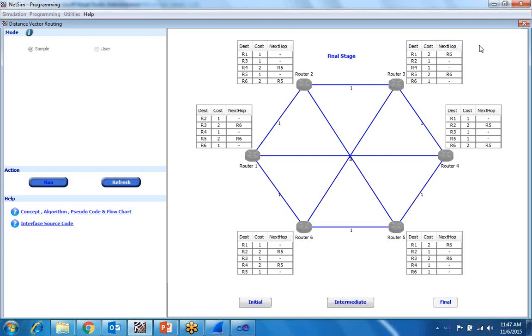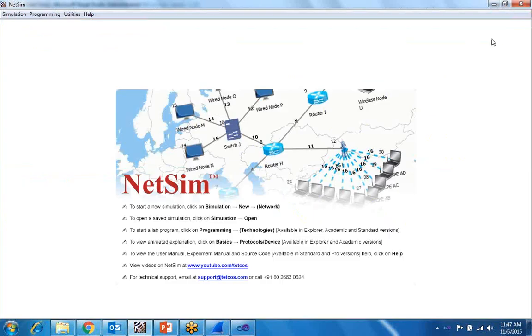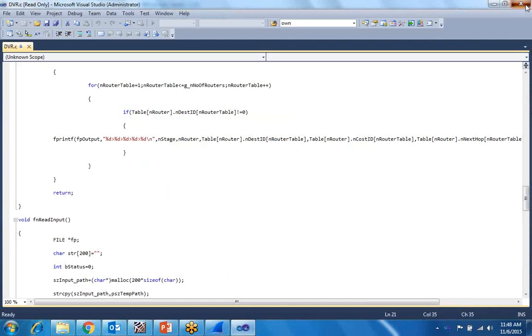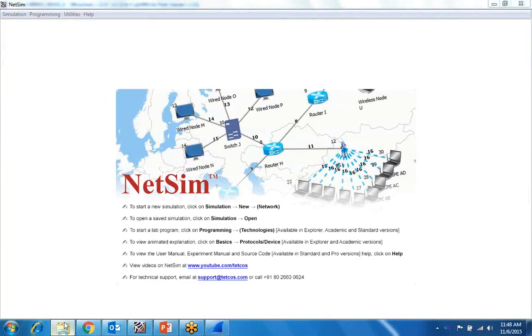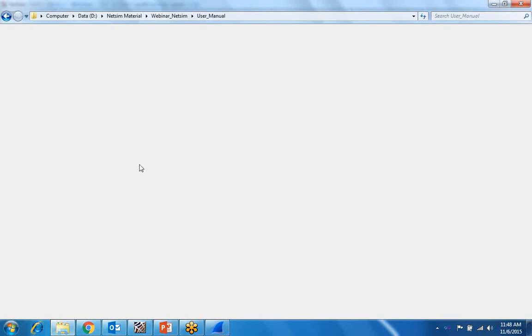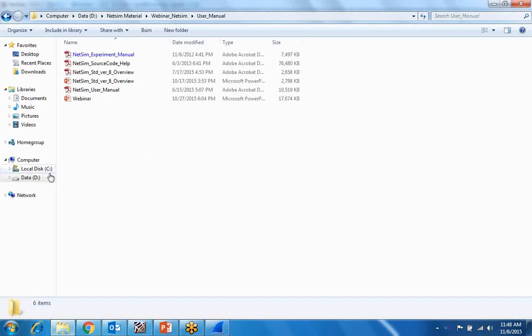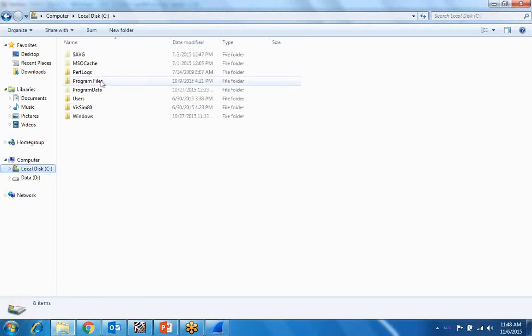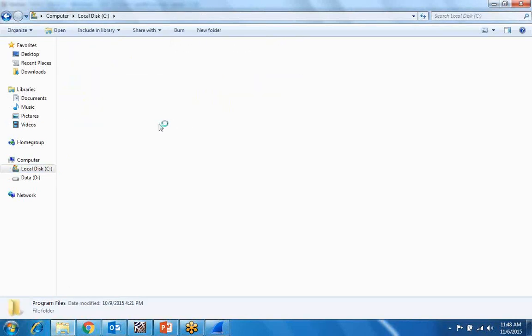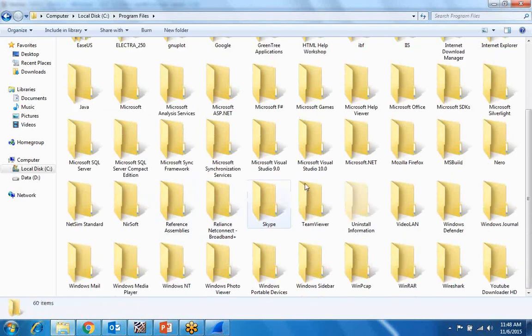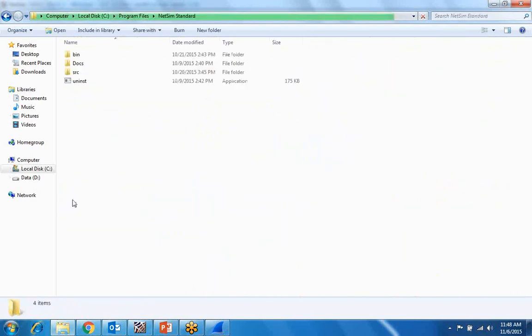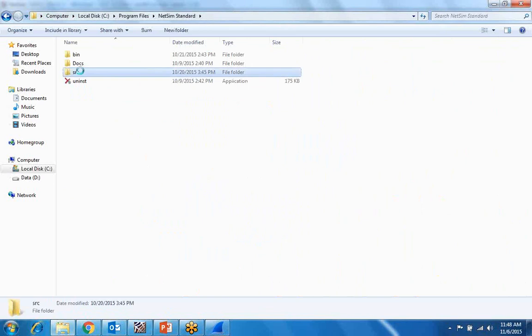Now I've told you about the custom code facility which is given here. I just told you how to edit those protocols. Just go to the simulation directory of NetSim. In the SRC folder we have the programming simulation.